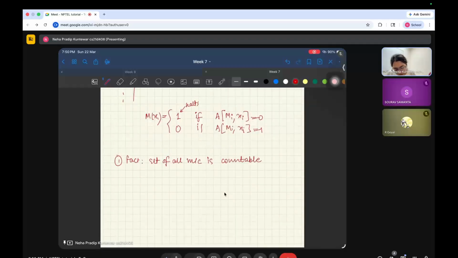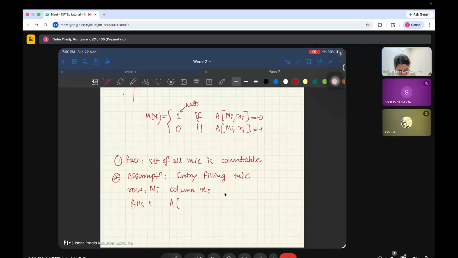And what we're doing is we are assuming, our assumption is that there is an entry filling machine. What it does is it looks at the row mi, it looks at column xi,